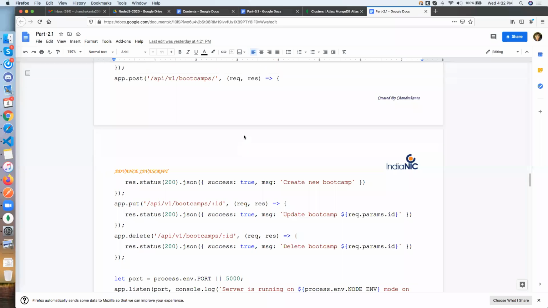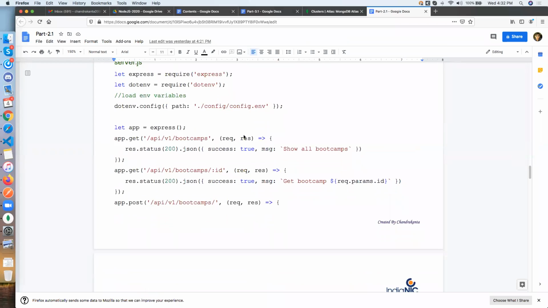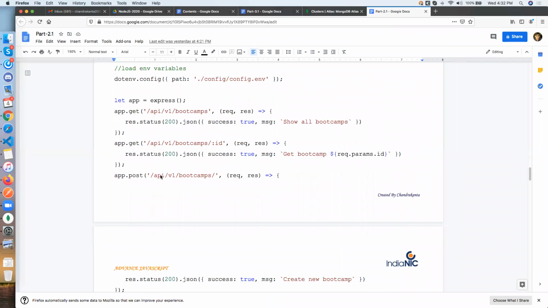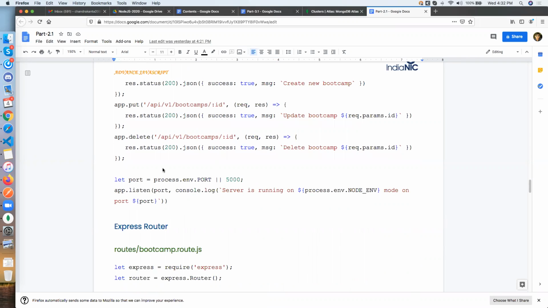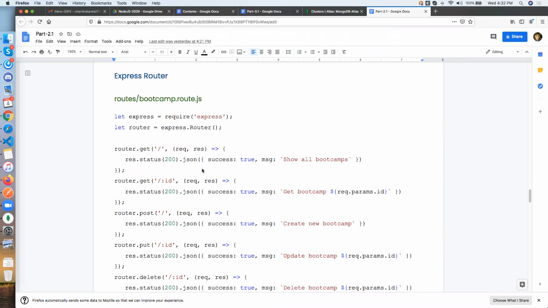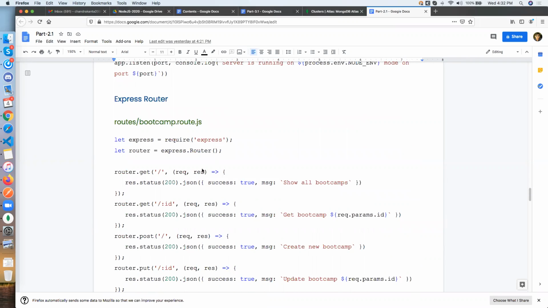So till yesterday we have completed the normal routing using Express. We learned about four or five methods: get, individual ID details, post, put, delete. Right. So today we are going to learn how we can use